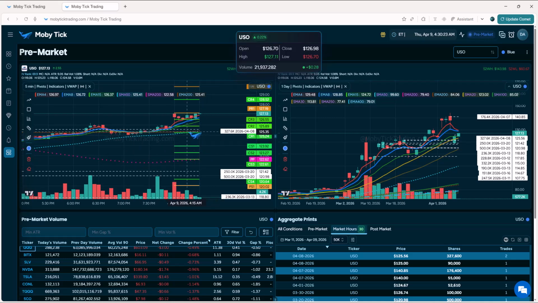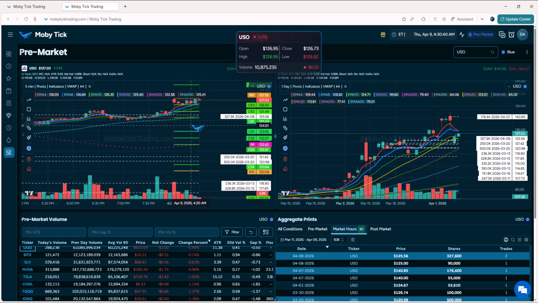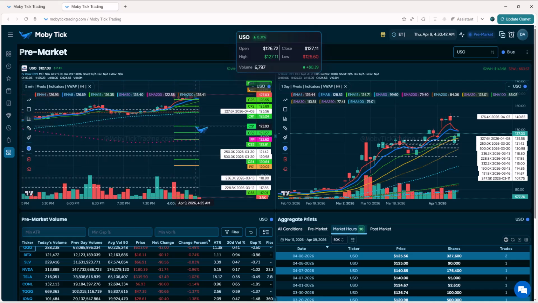So what we have is I've got my 200 exponential. We've got a cam, a 50 simple moving average, and the pre-market, the post-market, as it ran through here. This was banging its head off this 50 as well. So we're going to be bearish below 125, target 123.92, 123.27, 122.62 is the pivot and this cam. It's also my 200 simple moving average.